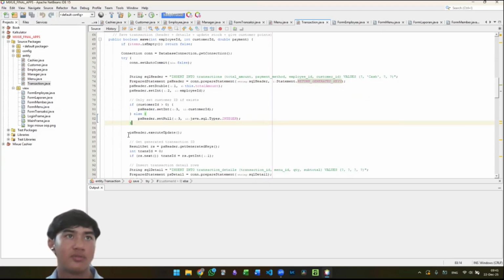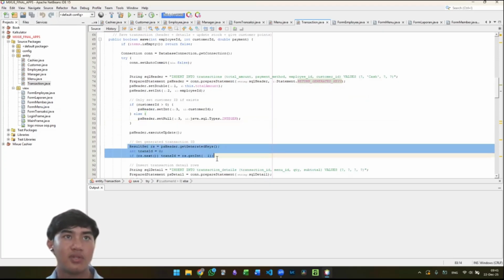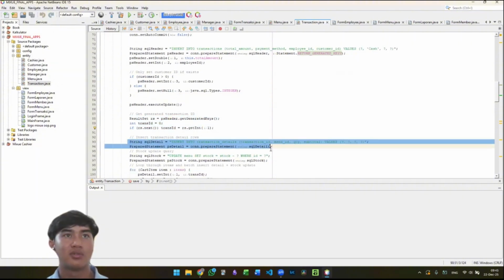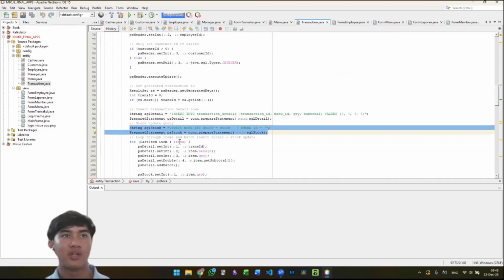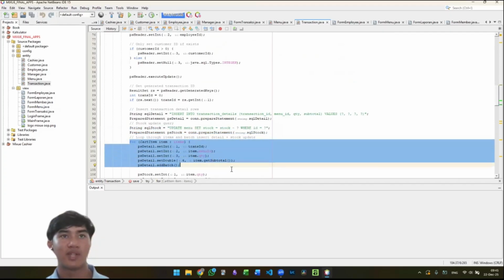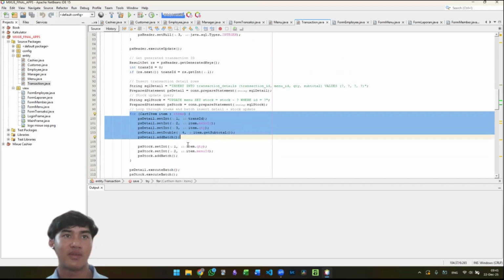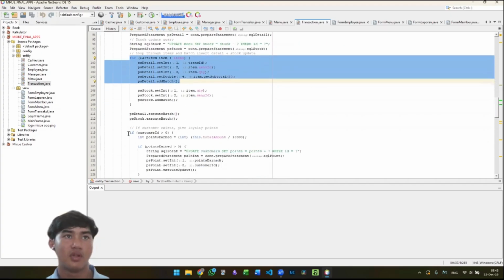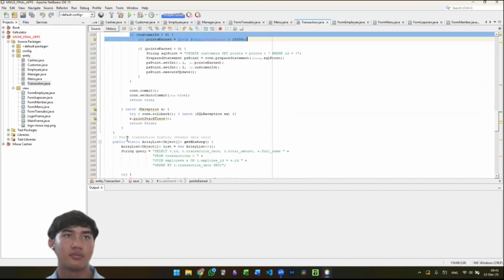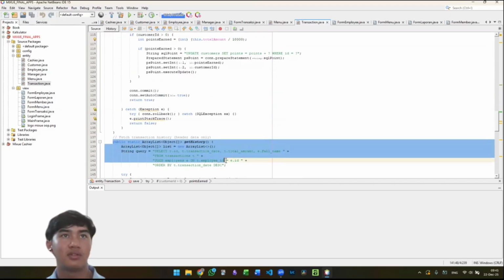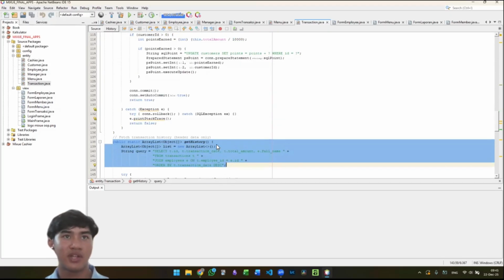Then there's also this to get the generated transaction ID. Then this to insert the transaction row. This is the stock update query. This is to loop through items and batch insert details, plus stock update. This code is, if the customer exists, the customer that has an ID will be getting loyalty points. Then these two are for transaction history.